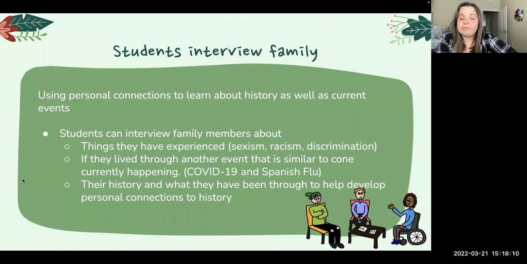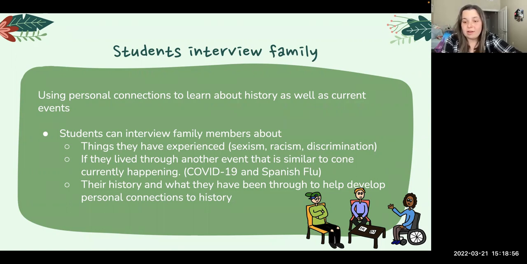Another way we can incorporate it is by having students interview their family. This allows for students to use personal connections to learn about history as well as current events. Students can interview their family members about multiple different things, such as if you're learning about a certain topic in history class or in any class, you can see if they've experienced those things, such as sexism, racism, and discrimination, or anything else. Also, if they have lived through another event that is similar to one that is currently happening, such as having an assignment where currently with COVID-19, seeing if anyone in their family was alive during the